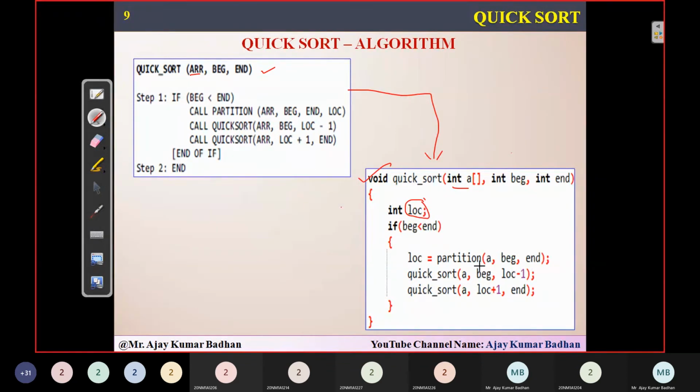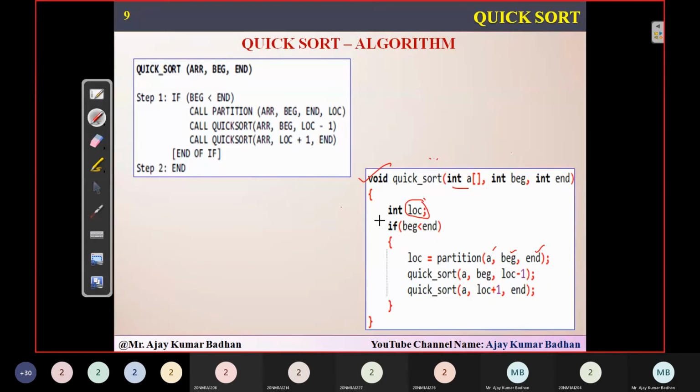You may be getting a doubt. We are given an array, beginning, end, and location. But you know that beginning equals location equals 0, isn't it? So you don't have to give it separately when you're programming it. That's the reason we have simply written a beginning and end. Whenever we are performing the operation, the remaining is the same: A, beginning, location minus 1, location plus 1, and end. From a programmatic point of view, you have to declare a variable called location, and with this you're going to perform it.